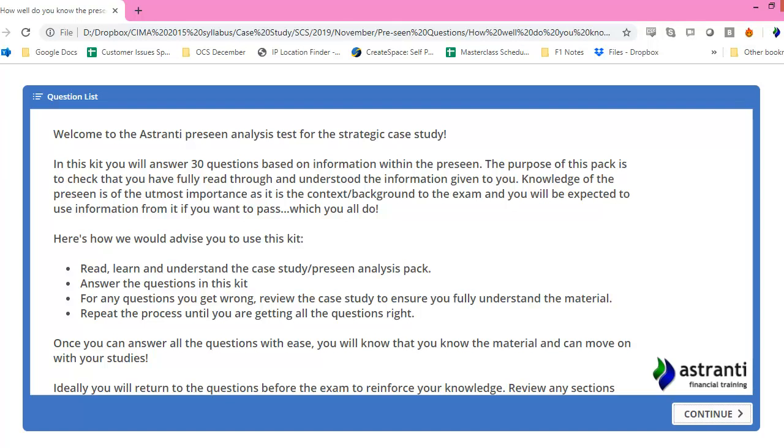It's important to ensure that you understand the PreSeen well and that you have all the relevant information, because the PreSeen is going to be the context in which the exam is presented. And if you do not act like a senior manager who works within the organization, who has experience and knowledge about the industry and the company that they work for, then you will not be answering questions from the perspective of a senior manager who works within the organization of Run.